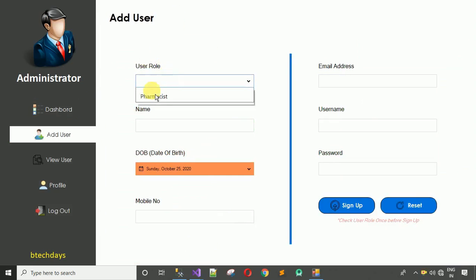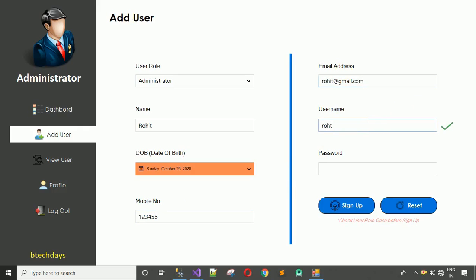I'm going to let me just add a new user, administrator, and something, let me, Rohit, mobile number, email ID, rohit@gmail.com, and username is Rohit, password is also Rohit, and sign up. And when you click on OK, and when you move to the dashboard, here you can see